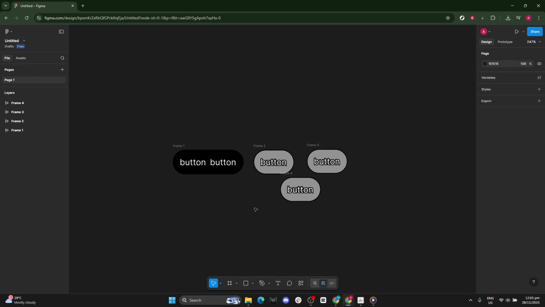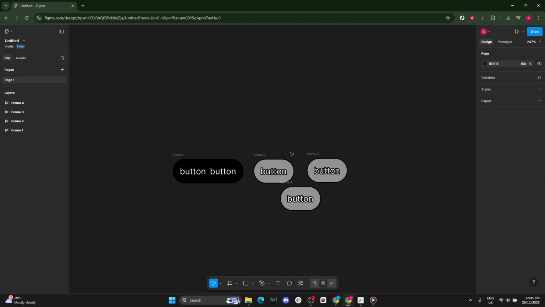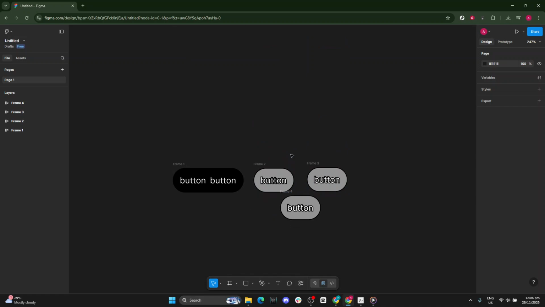That's all there is to it. Click the Figma icon to open the app, use the View menu to access Zoom In and Zoom Out, and rely on your mouse wheel for quick on-the-fly control. With these basics, you'll navigate your